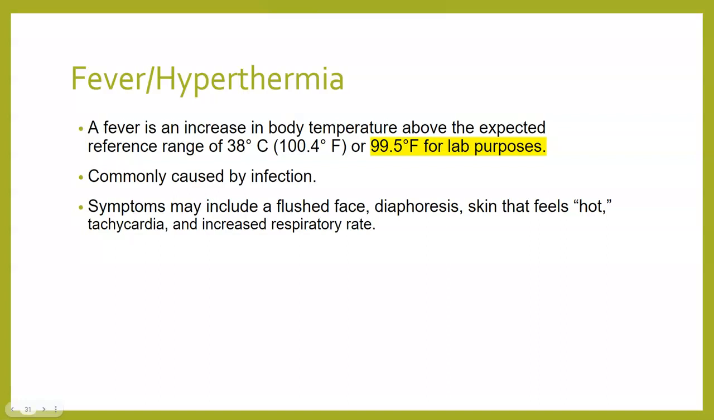So fever, or hyperthermia, is an elevated temperature. It's an increase in body temperature above the expected reference range. Again, the 99.5 is what you need to know. This is what is listed in your book. It's commonly caused by infection. A lot of times when someone has a fever, we think they've got an infection